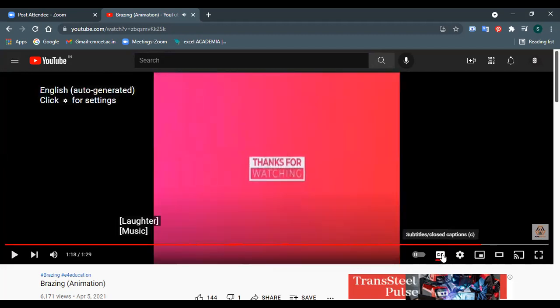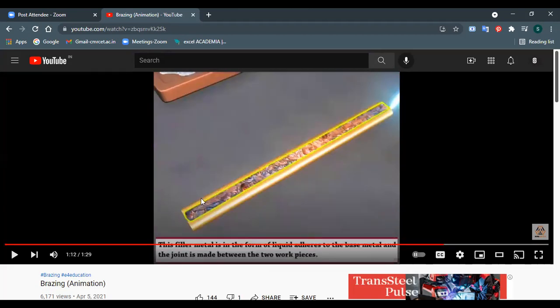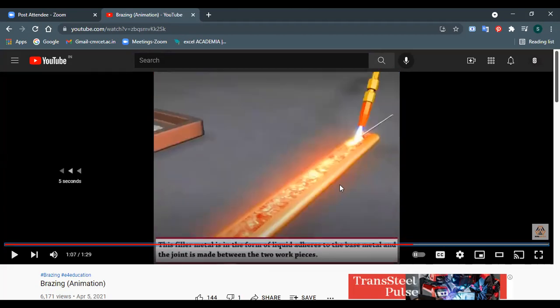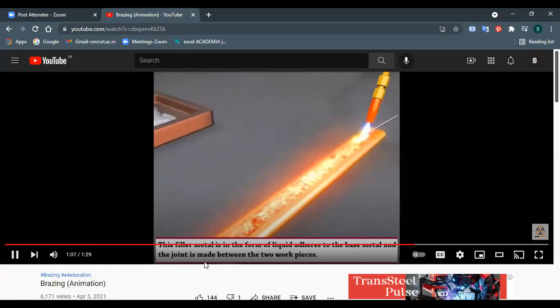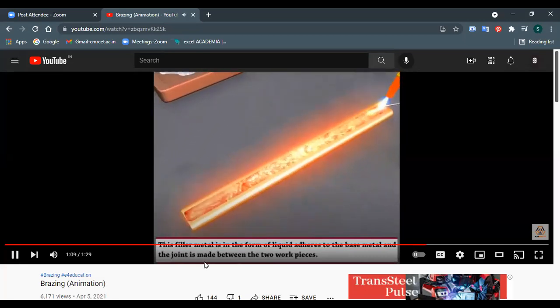Right, that area which is being highlighted in color is the weld area. So that filler metal has filled the joint which was there between those two pipe-like structures. And that highlighted area is your weld area, which is responsible for joining these two pipes. Observe that change of color.